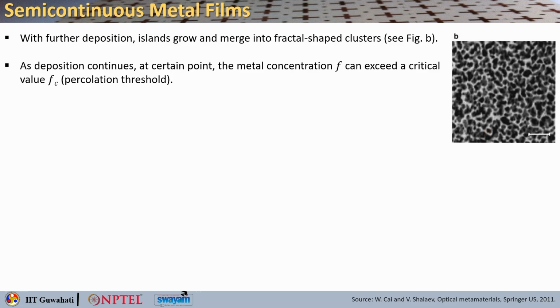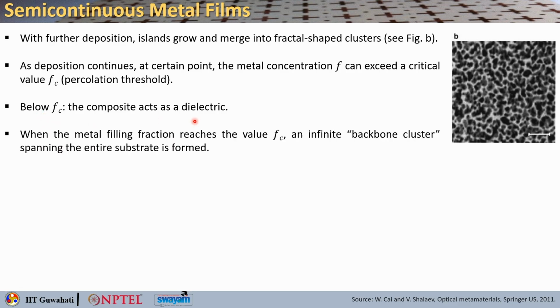So, as the deposition continues, at a certain point you will see that the metal concentration F can exceed a critical value called Fc, which is known as the percolation threshold. So, what is that? You can consider that below this Fc the composite can act as a dielectric, and when the metal filling fraction reaches that critical value of Fc, an infinite backbone cluster spanning the entire substrate is basically